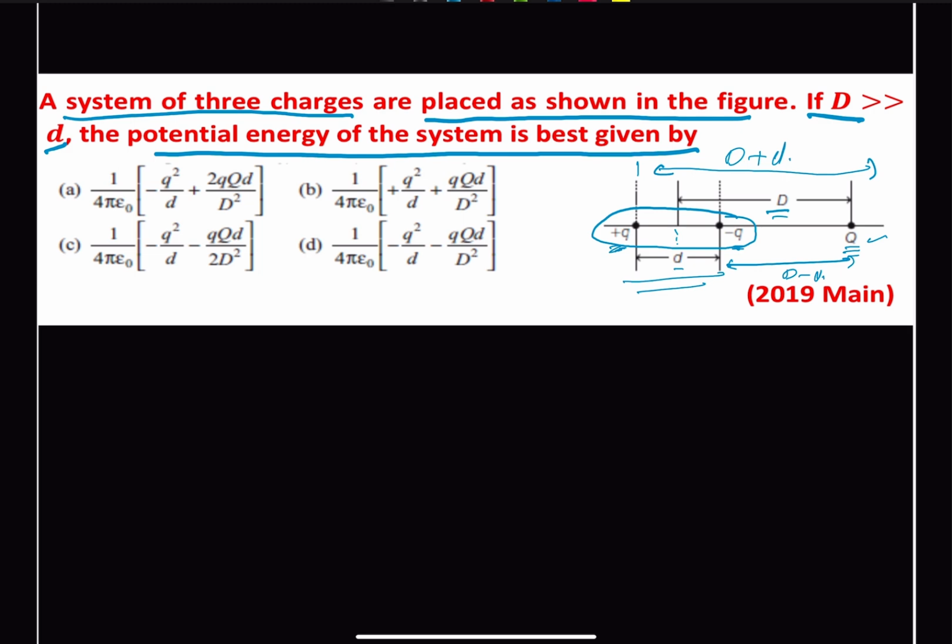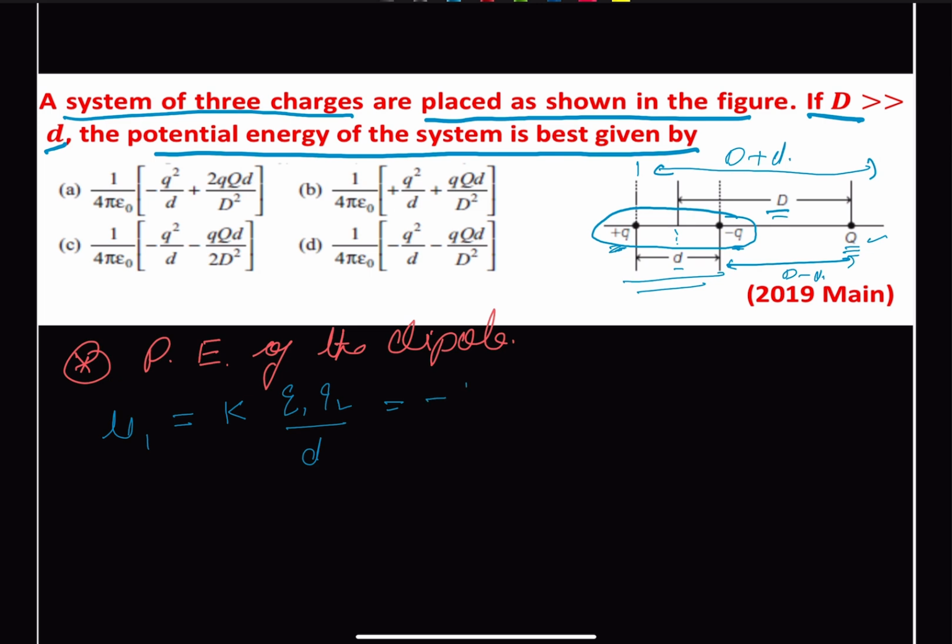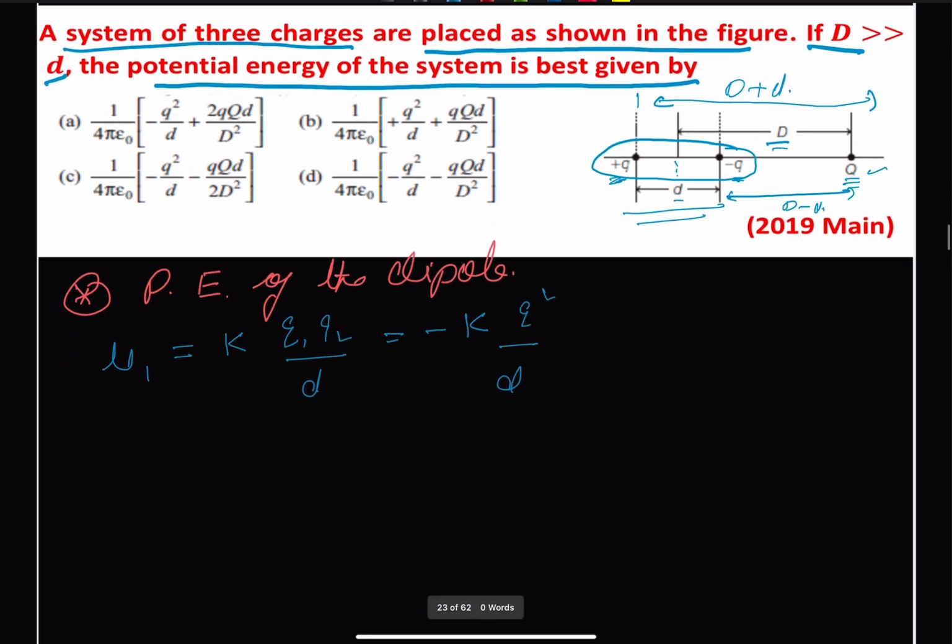Therefore, we can say that the potential energy of the dipole, let us call this U1, will be equal to k. The general formula is Q1 Q2 divided by distance, which comes as minus, because one charge is positive and another one is negative, so it will be coming as Q square, and the distance between them is small d. Then we can easily find out the potential energy